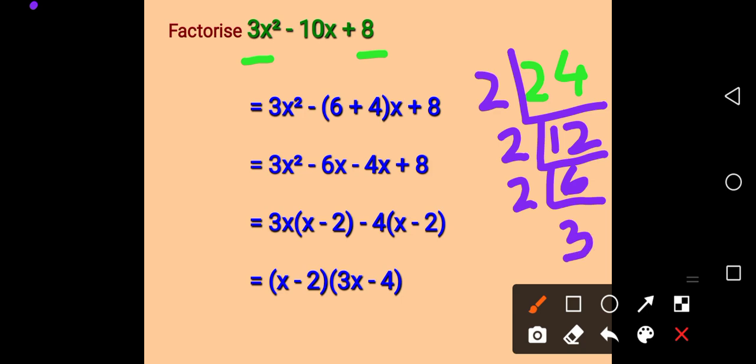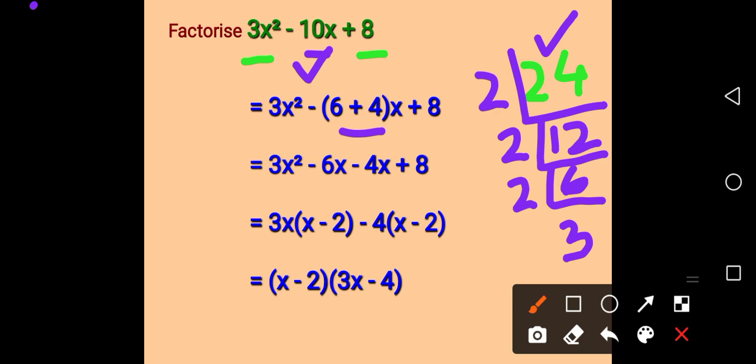Now taking all these factors, we need to adjust them in such a way that the inner parts, either by addition or subtraction, come the same, okay, and multiplying these two numbers should give this number. So over here 3x square minus, see I have written 6 plus 4. If you multiply 6 and 4, it is coming 24, and at the same time if you add 6 and 4, it is coming 10 like in the given expression. So we can write it this way.